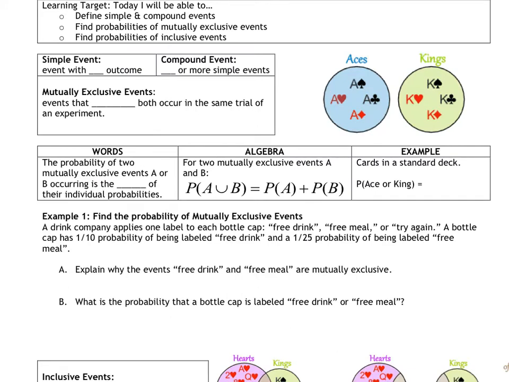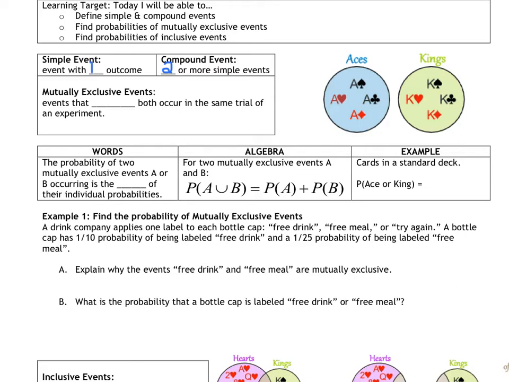A simple event is easy. It just has one outcome. A compound event has two or more outcomes possible. So then, if you have a compound event, you have to look at whether or not any of your outcomes could overlap. If none of them overlap, if the same thing can't happen twice, then you have mutually exclusive events,